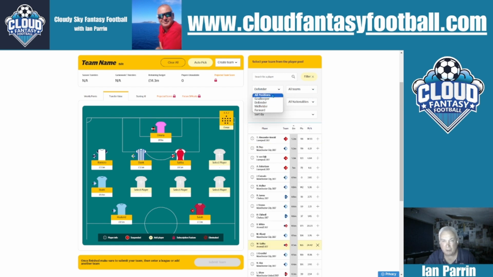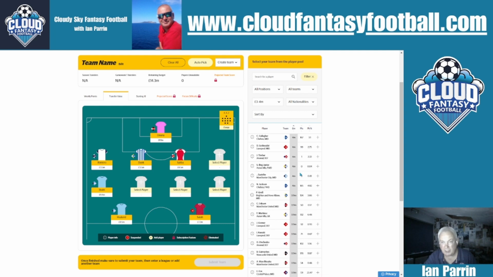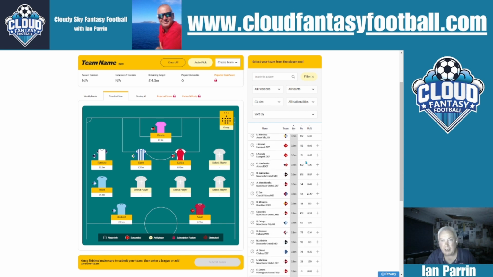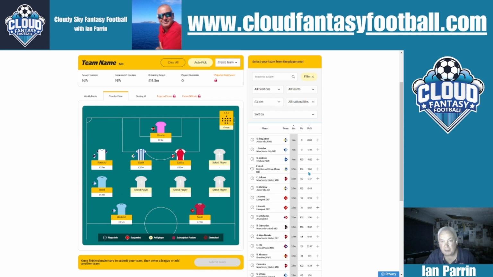I'm going to put that to all positions, and there's a filter here that I'm going to show 3 to 4 million, and these are now all in price order from 4 million, and we can scroll down and you'll get to 3.9 all the way down to 3.1. So we look here, and there's a couple of names that spring to mind who did well in Sky last year, and they are,